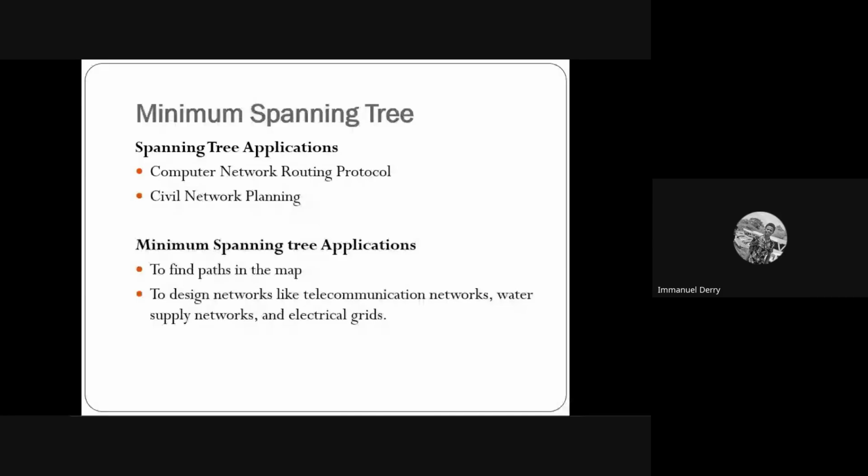All right, so these are some use cases of minimum spanning trees. For computer network routing protocols, and then civil network planning, you can use the spanning trees to do that. And for minimum spanning tree applications, if you want to find a path in the map, you can use the minimum spanning tree. And also, if you want to design networks like telecommunication networks, water supply systems, and electricity grids, these are